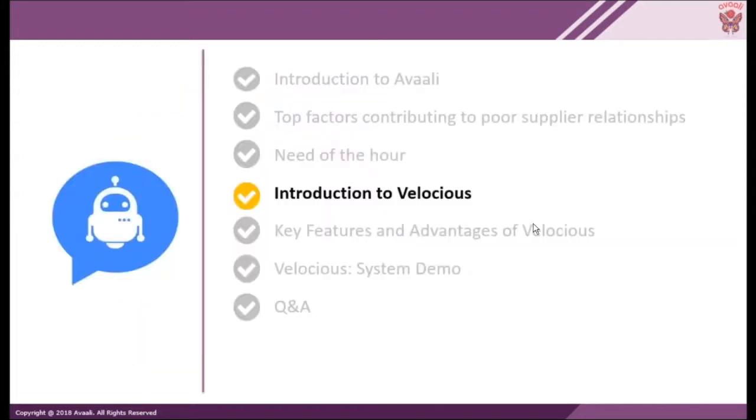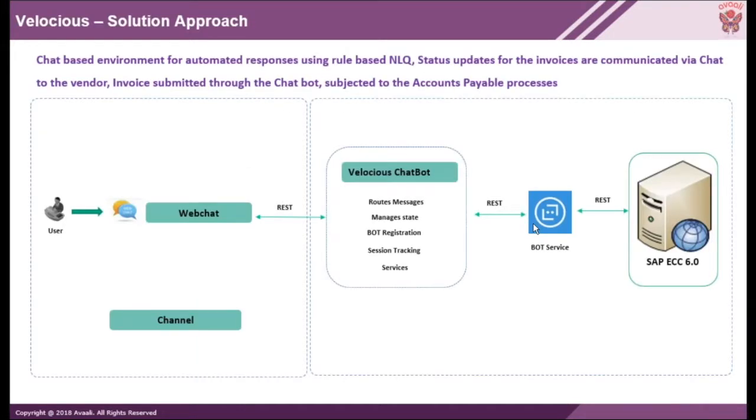So keeping these in mind, what we have come up with is a fantastic chatbot called Velocious. We have developed this ground up based on rule-based natural language query processing. What it does is that vendors can use this to communicate with us to know the status updates of the invoices. They can also use it to submit the invoices through the chatbot itself, without having to go through